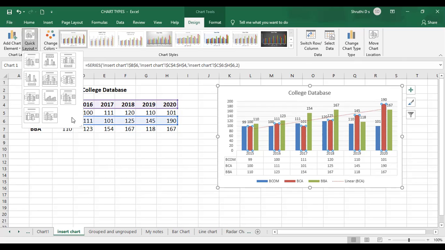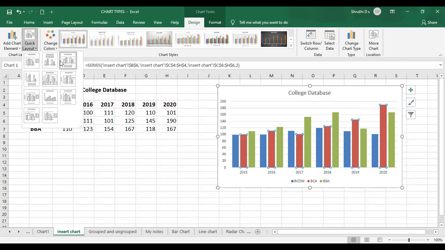Excel already has some layouts in which the individual elements we inserted are given as options. It is a ready-made layout available for you. Once I place the cursor on it, it says layout 3. You can see the chart elements like chart title, legend, horizontal axis, vertical axis, and major grid lines. Whatever we get as default, that is layout 3.